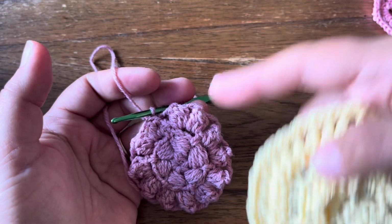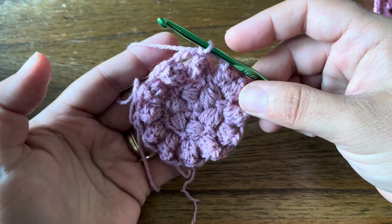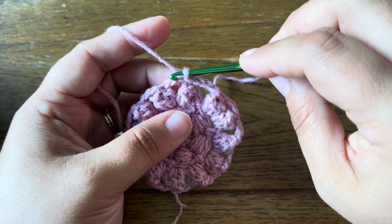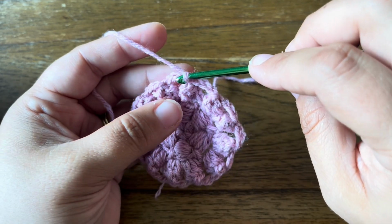So I just wanted to work the treble bobbles from the right side in this pattern so that I could show you that you can do them both ways and you can decide which one you like more for the future. So for this one, I'm going to keep my motif with the right side facing,